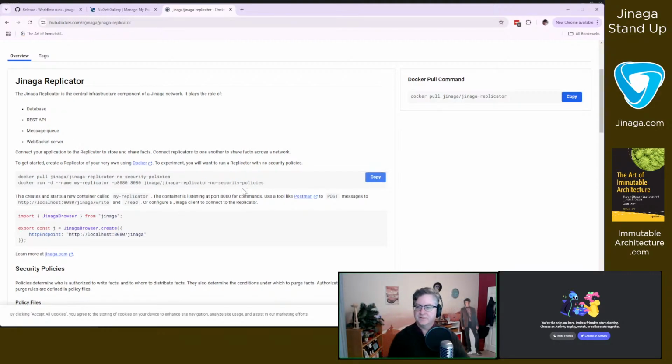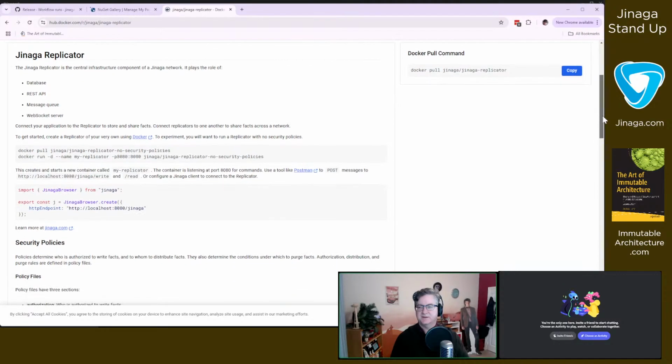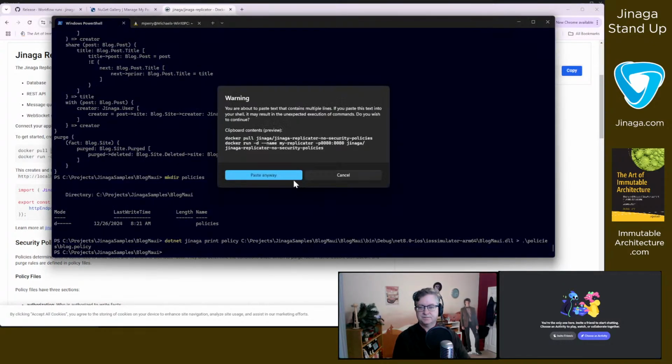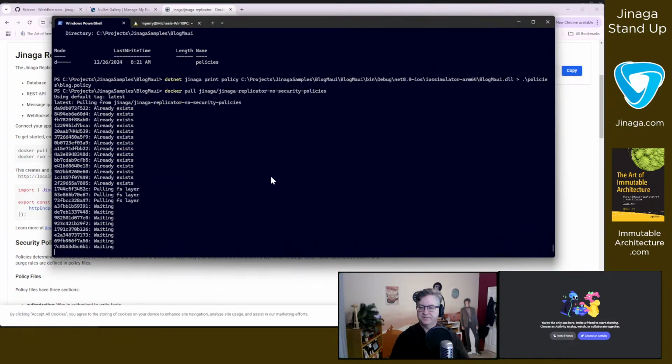And so it can run these policies for us to make sure that all of our data is secure within that replicator. This first command here uses Jinaga Replicator no security policies. If I copy this and run it, that's going to pull that Jinaga Replicator no security policies,